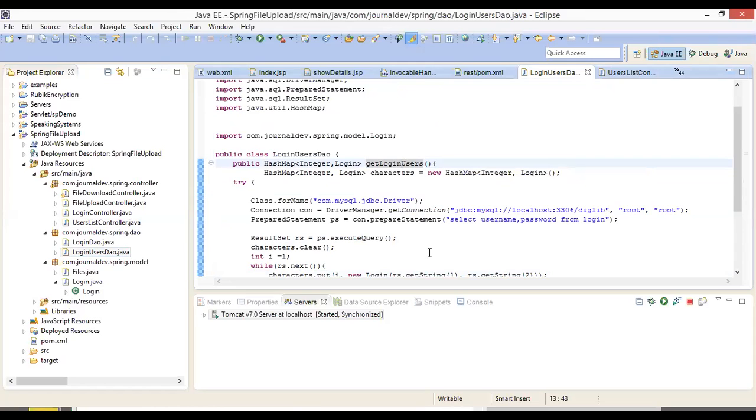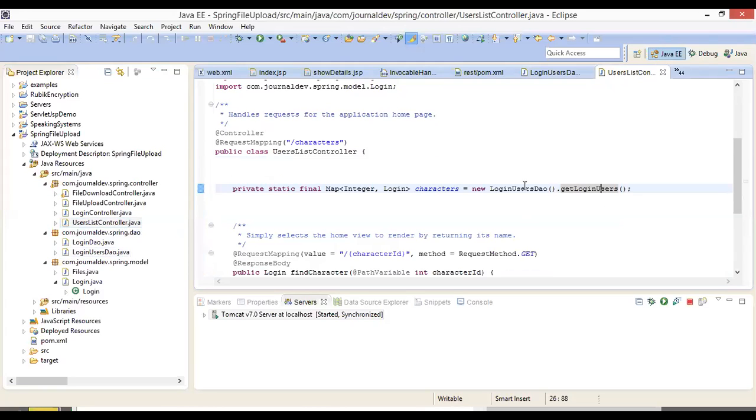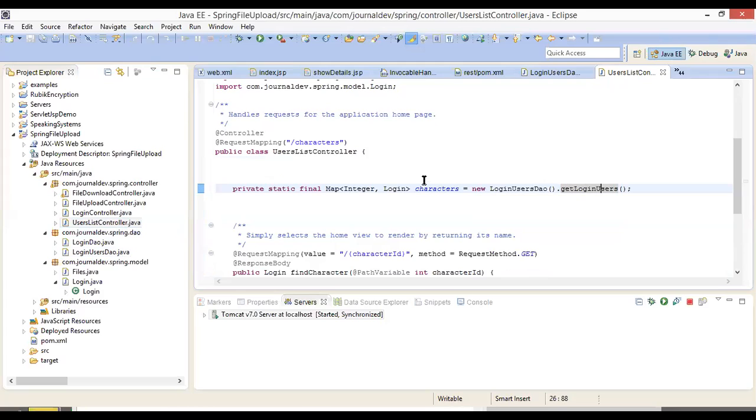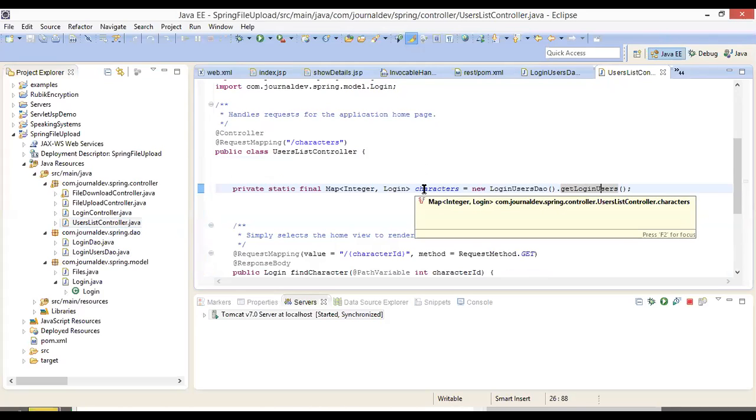Hash map. So that's why we are equating this with loginUsers.get, the login users. The return type is a hash map that you are giving to a map. Is it possible to give a hash map to a map in Java? We don't have to convert, it is not required, because collections are interoperable in Java.